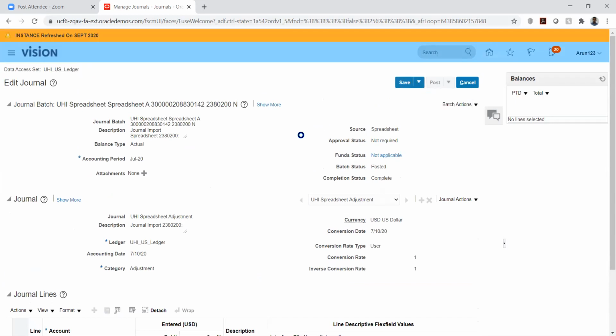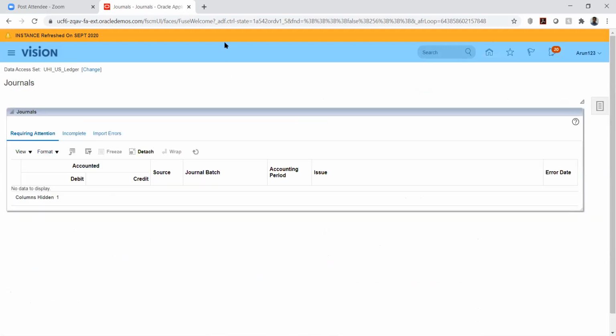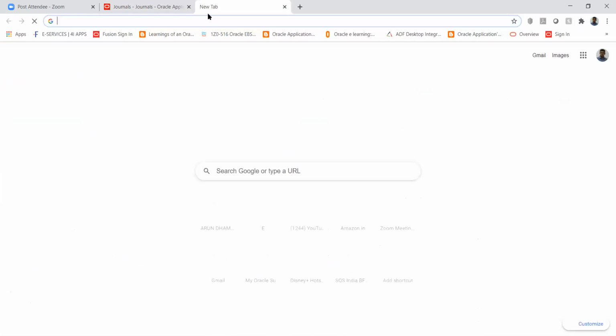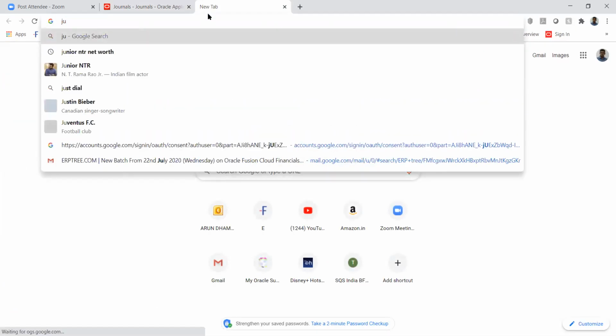Okay, so this is one way of importing the journal entries, and the other way is to import from the repository.